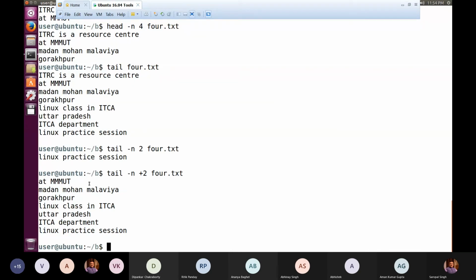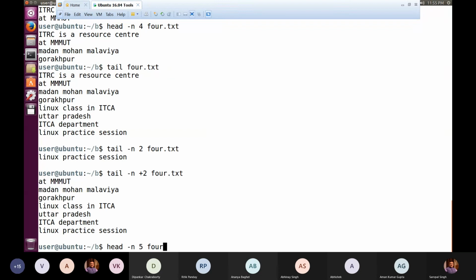So since we have to start from the second line and move up to, say, the fifth, that means 2, 3, 4, 5. Only 4 lines we are interested to display on screen. And before 2, 1 was there. So if we make use of the head command and write minus n and then 5, that means I'm interested to display only 5 lines.